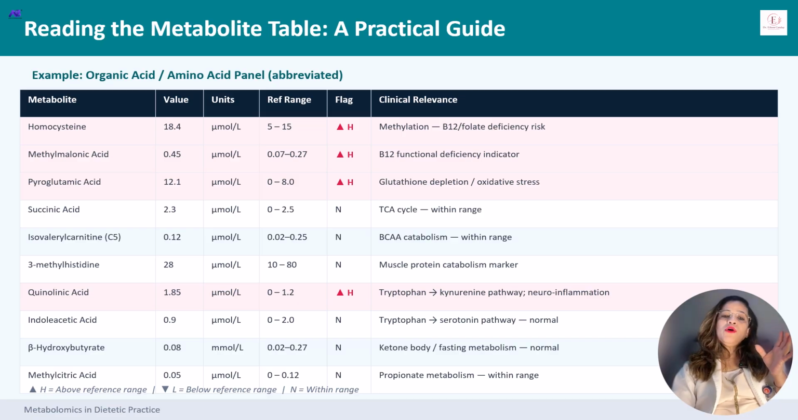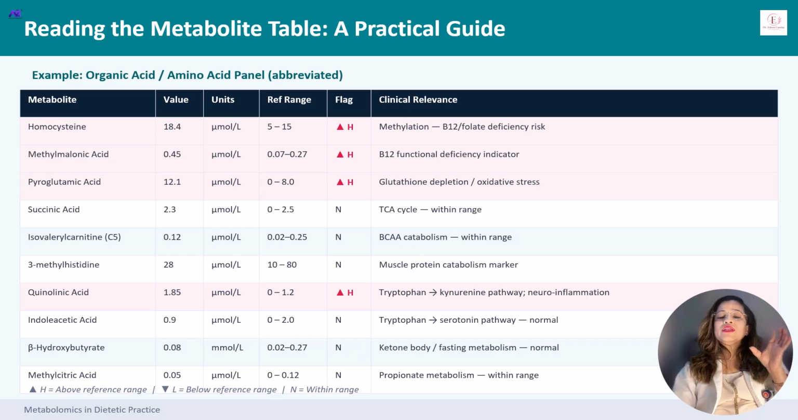The next one, we'll talk about the quinolinic acid. If it is 1.8 millimoles, it means it is high, and this basically lies on the kynurenine pathway, that is the branch of tryptophan metabolism. So elevated quinolinic acid is associated with inflammation, neuroinflammation, and increased IDO1 enzyme activity. So the dietary action is an anti-inflammatory diet, which comes, say, from omega-3 fatty acids, and considers